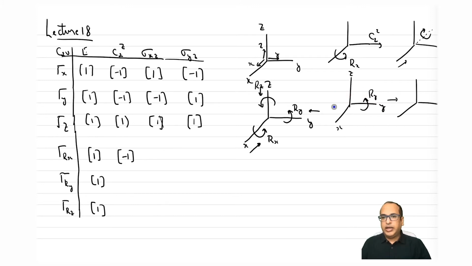So again it will appear like this, and if I'm visualizing from this side, because my visualization does not change, it will appear as clockwise. So the vector becomes like this, right? Ry. So that also gives me a character of -1 in this case. Okay, so I hope I'm making it clear.